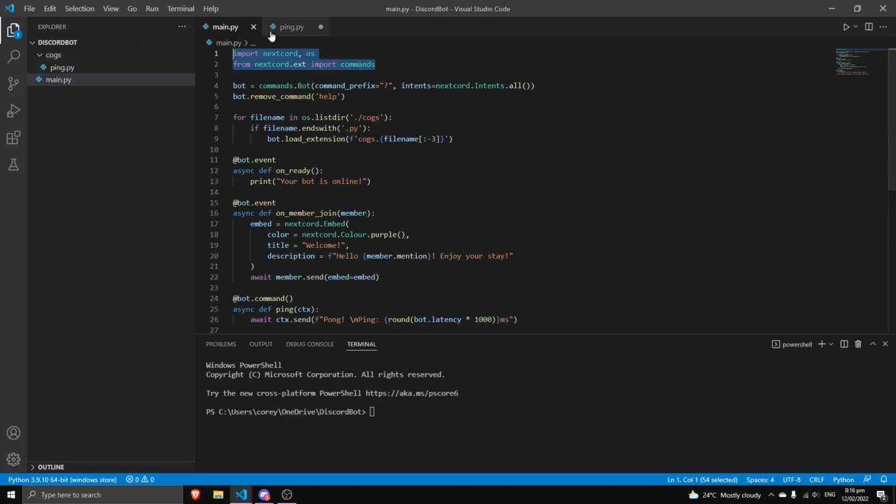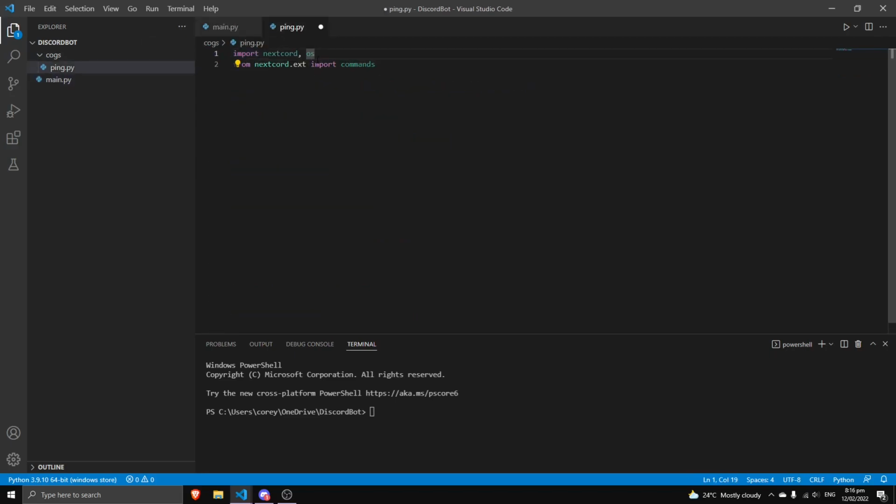So I'll just copy this, but I'll remove the os because I'm not going to use that. And then you want to do class, and you can name it whatever you want. I'm going to do Ping because it's the name of the file,